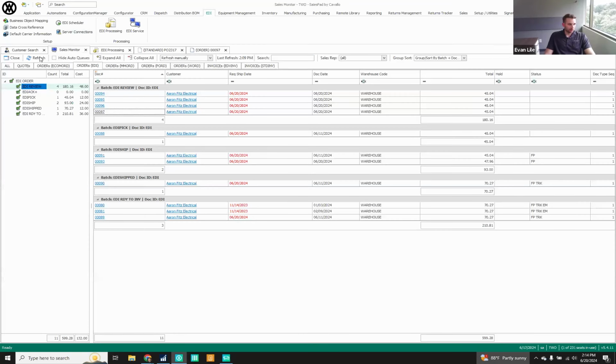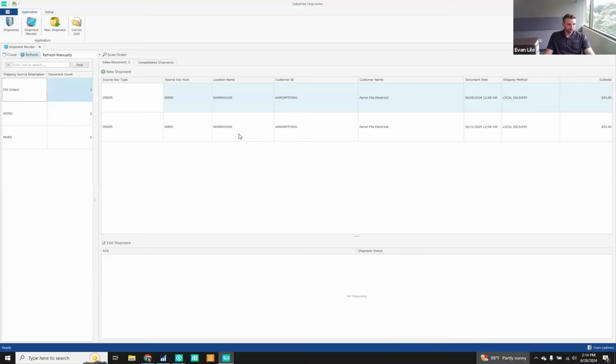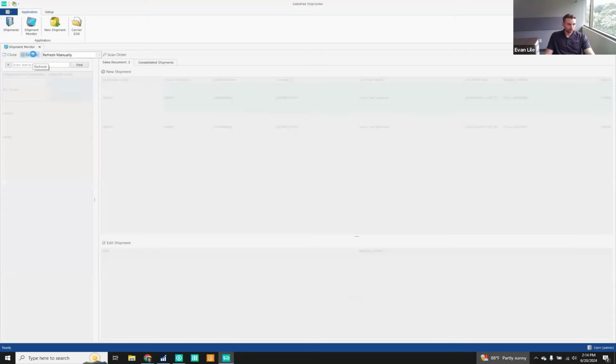If I move back over into my sales monitor and refresh, I see the document, as it started in the review queue, but fulfillment happened and it is now sitting in our EDI ship queue, meaning that order is ready to be shipped. With that, I'll go ahead and flip over into Ship Center, SalesPad's integrated shipping solution that